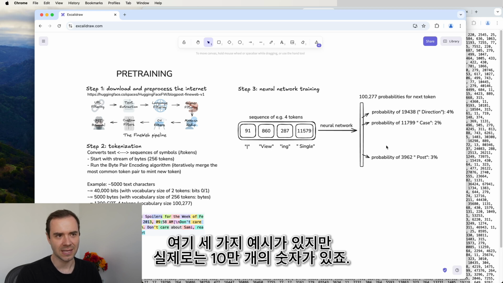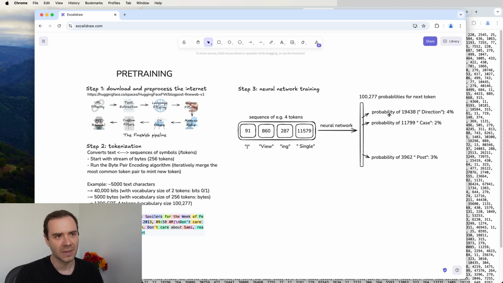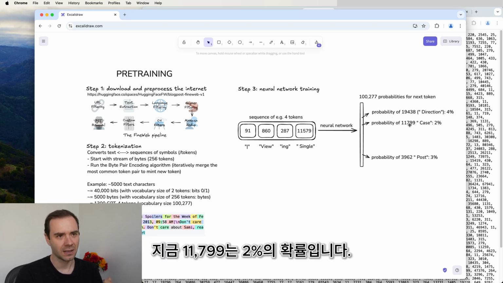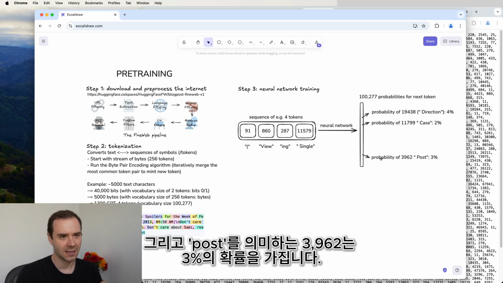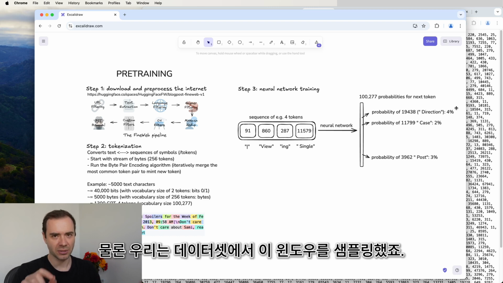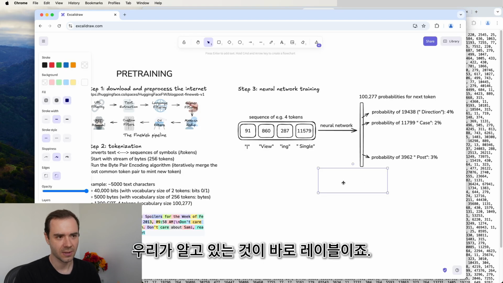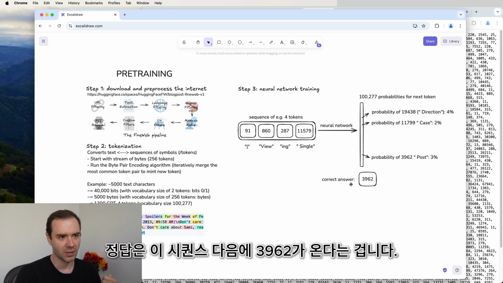So here I have 3 examples, but keep in mind that there's 100,000 numbers here. The probability of this token, space direction, the neural network is saying is 4% likely right now. 11,799 is 2%. And the probability of 3962, which is post, is 3%. Now, of course, we've sampled this window from our data set, so we know what comes next. We know, and that's the label, that the correct answer is that 3962 actually comes next in the